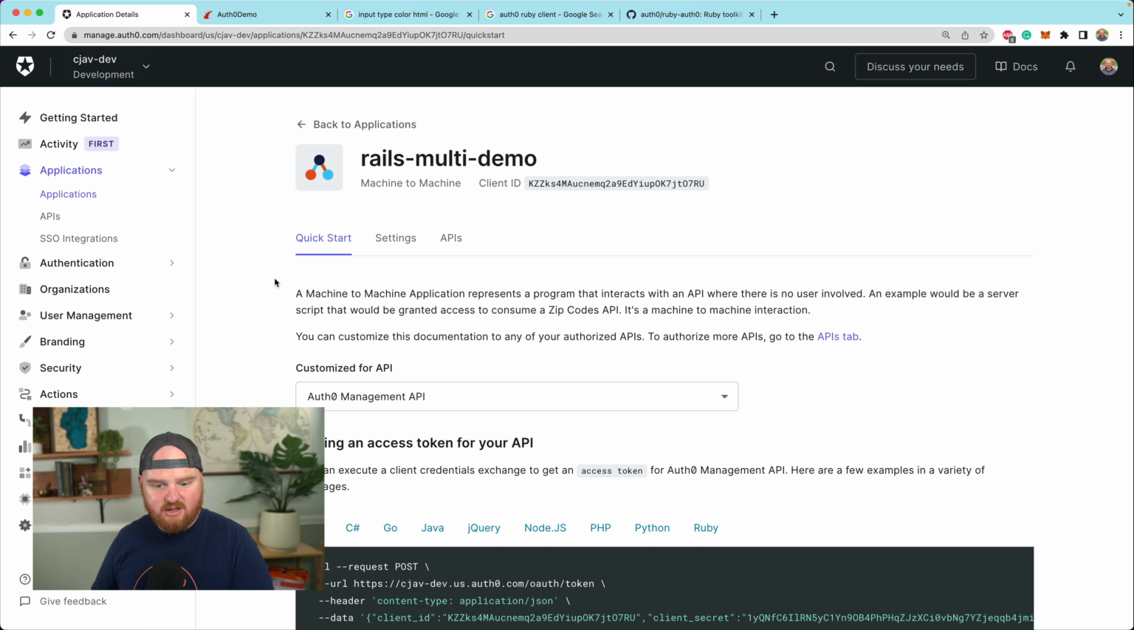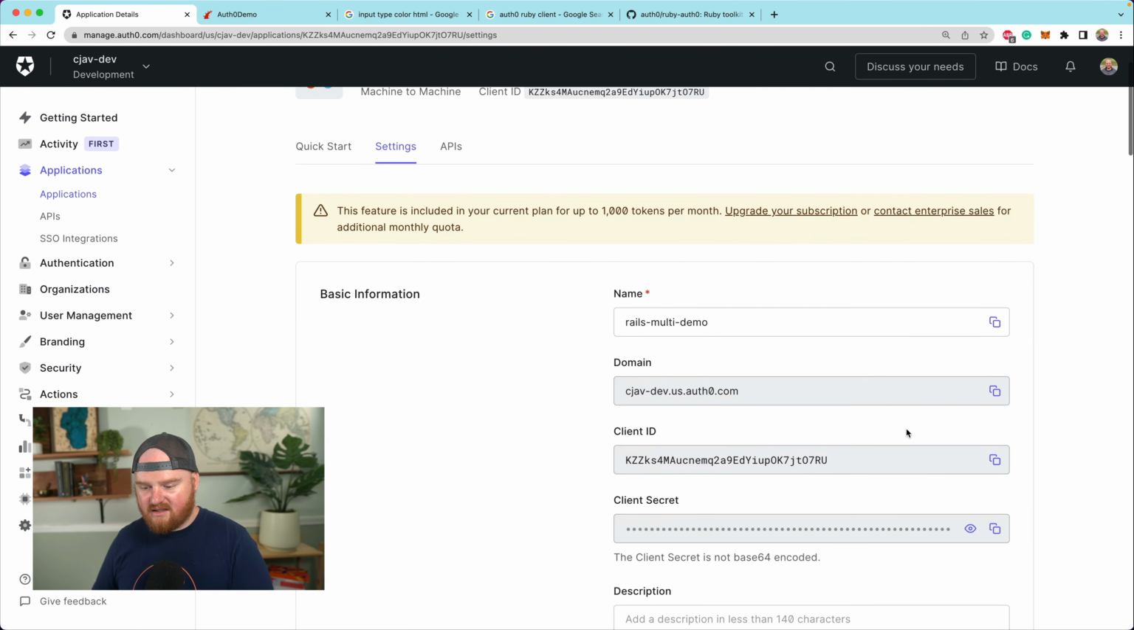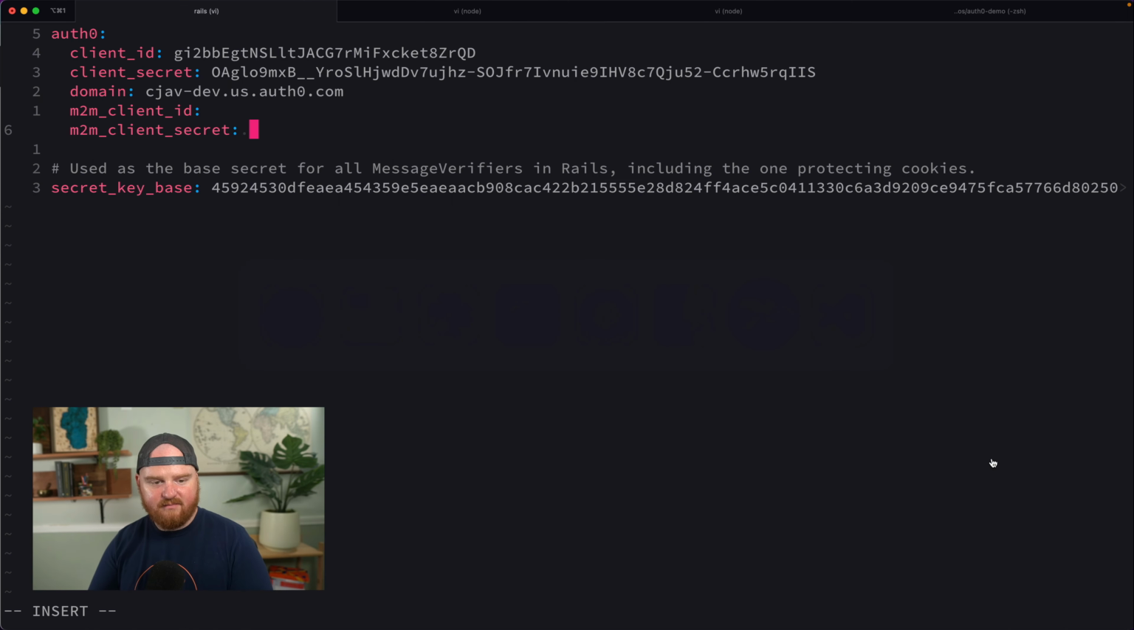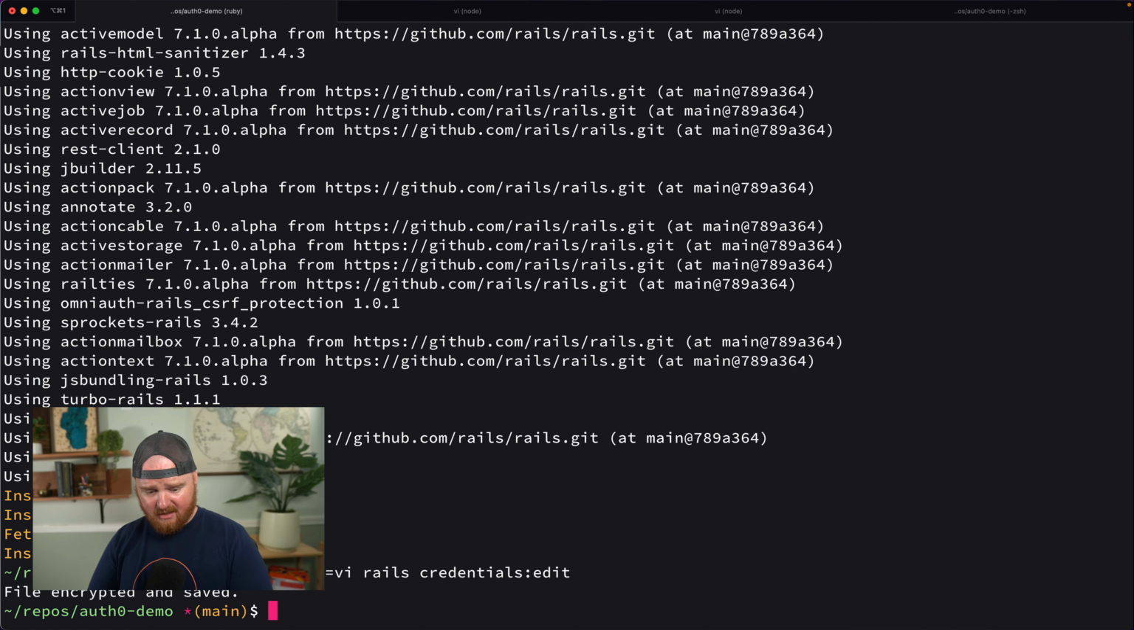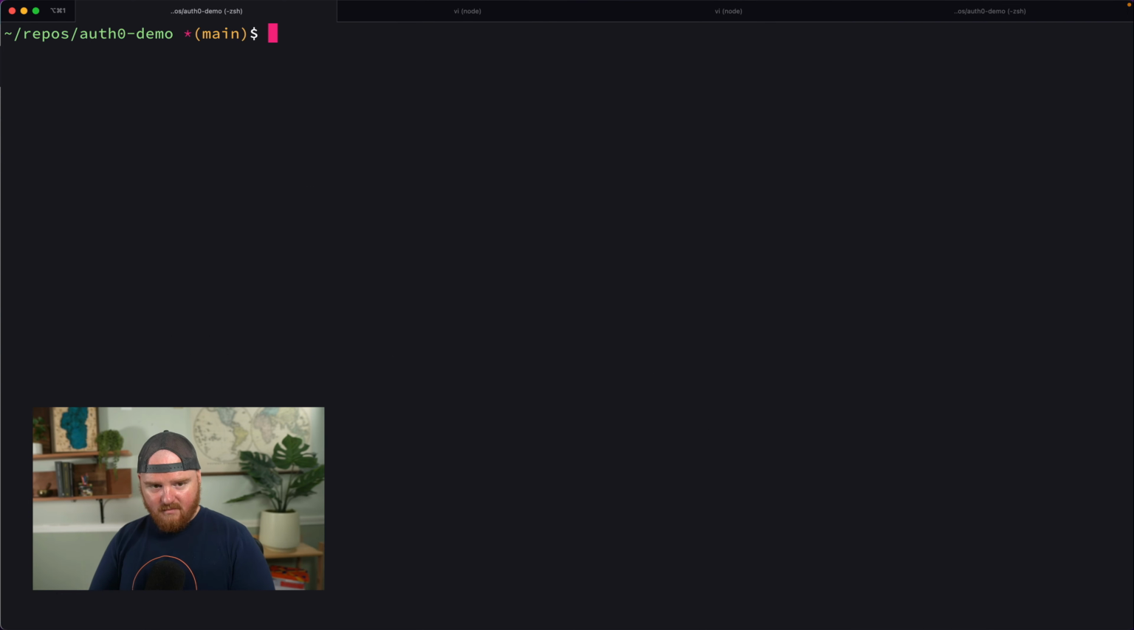So let's go back over here. We're going to go to settings, and we're going to grab our client ID, and we're going to grab our client secret. Again, I'm going to just delete these apps, so no need to copy. Okay. The next thing we want to do